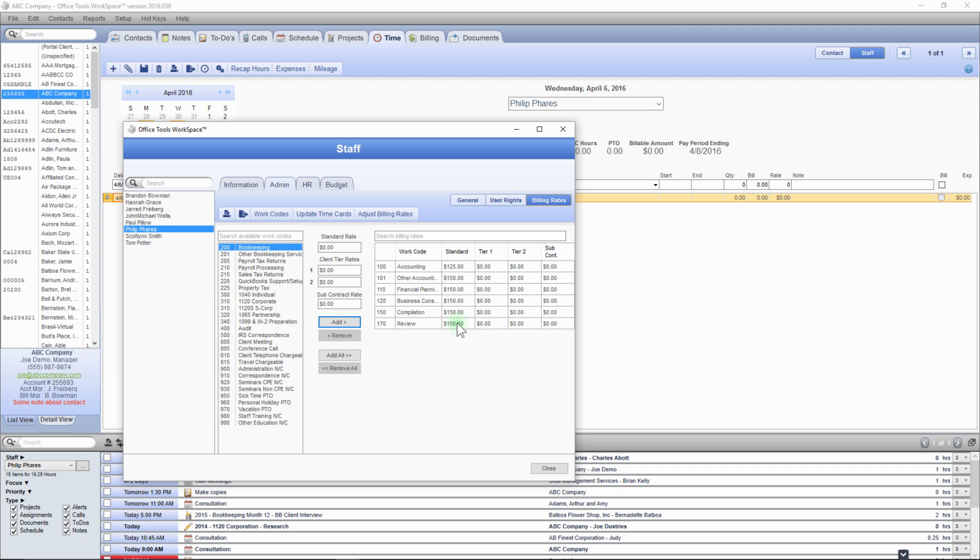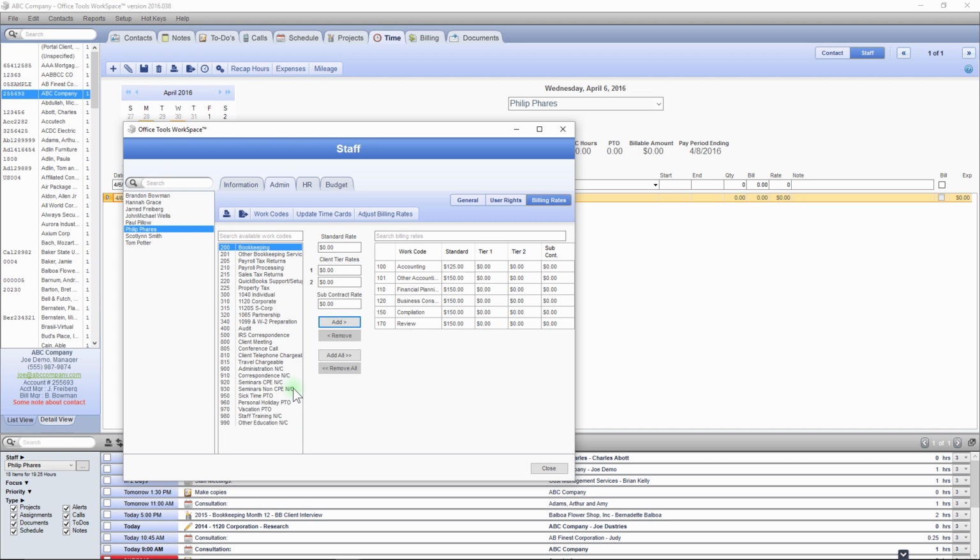The most important thing to note in this screen is only the billable work codes that you have should be moved over with a rate. If you have non-billable codes, like the 900 series here, you do not add them over to the right-hand side, even with a billable rate of 0. If you move those codes over to the right-hand side, they will effectively be marked billable at whatever rate you have populated in there, including $0 per hour, which means it will show up as work in process in your